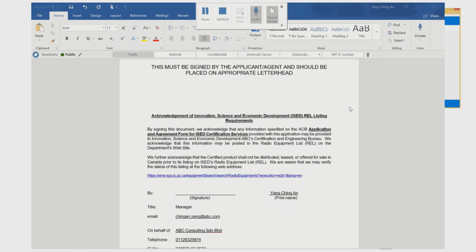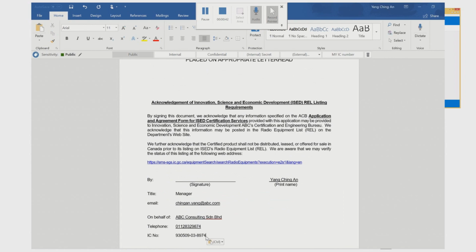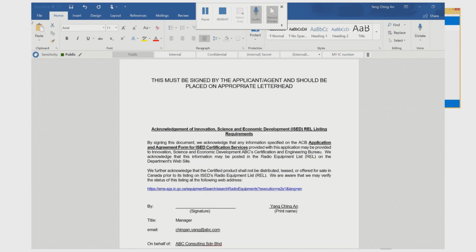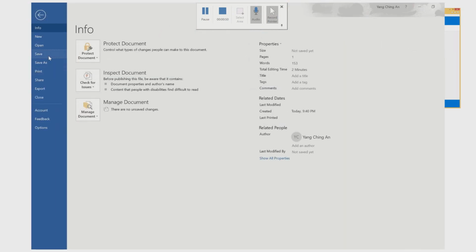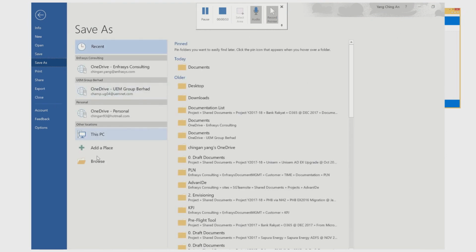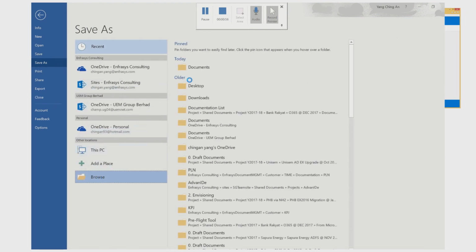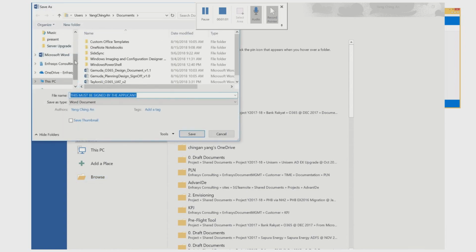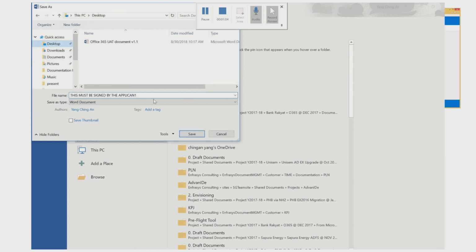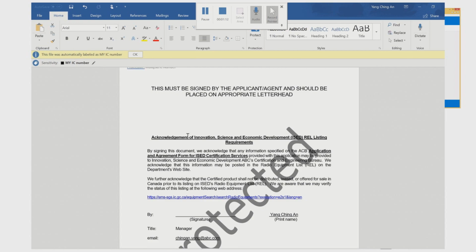So here is my new document. You can see here I actually configured the IC number format. While I try to create the same document here, let's say we browse. Let me set it on the desktop. Let's go to Desktop, document testing. Click the save button. You can see here it will auto apply, because this one will auto label as Malaysia IC number,